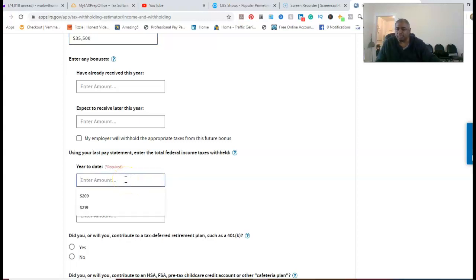And since we're looking at this just in February, you want to do it realistically, based on a projection of what you're looking to have over the next 52 weeks. You basically get an idea of that by looking at your paycheck stubs, at what they're taking out in federal, to give you an idea of what that looks like. So in this scenario, year to date, I'm going to put in $5,500, and that's just because I'm projected for the whole year $5,500. And my most recent paycheck was, I want to say,